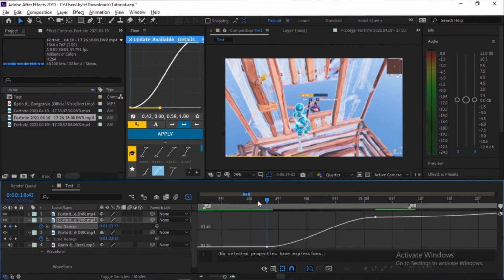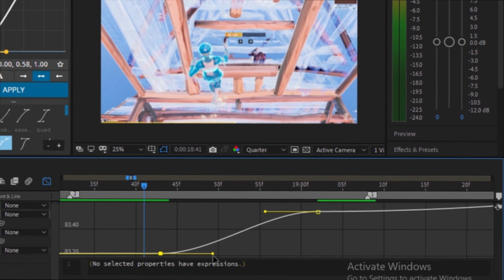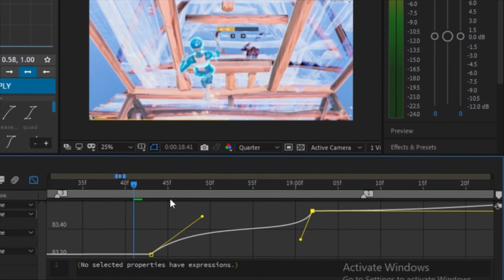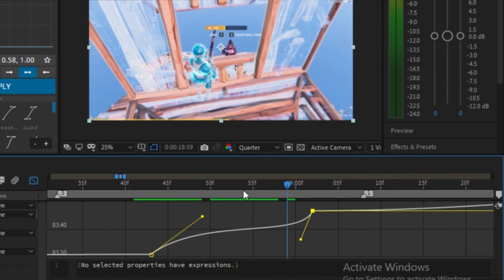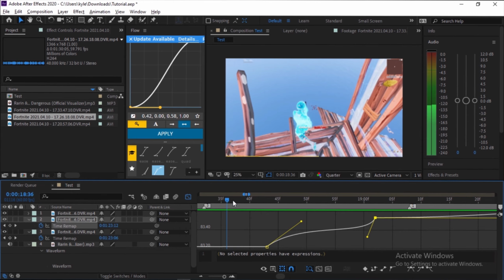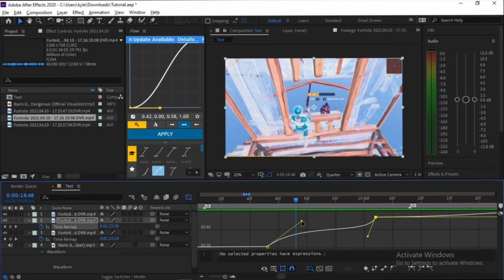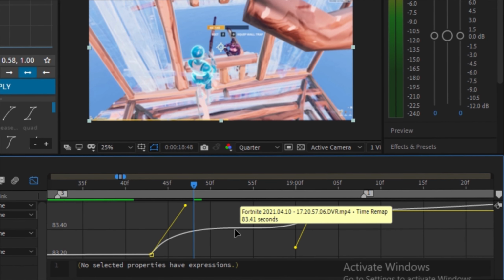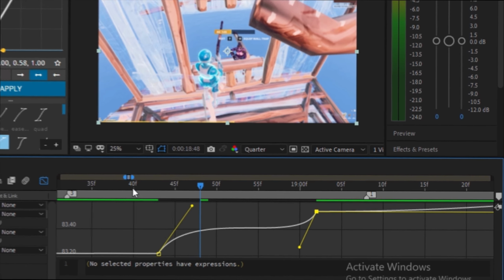Now what you want to do is you want to drag this up and drag this down. This will basically make like a slow fast sort of thing. You can actually adjust these more to make it like, if it's steeper in the middle, the slower it is. So